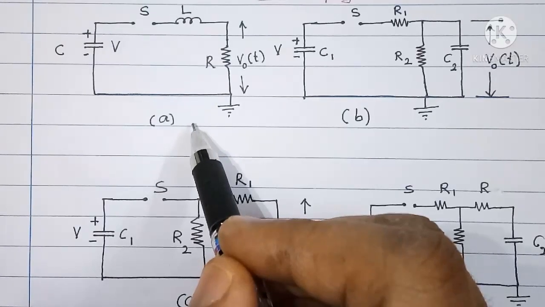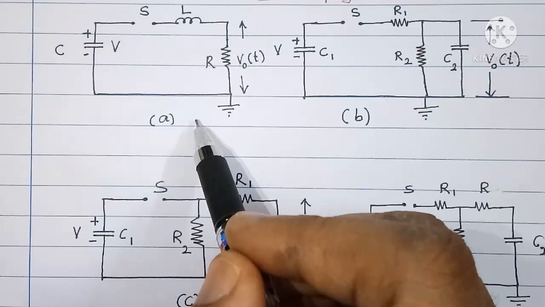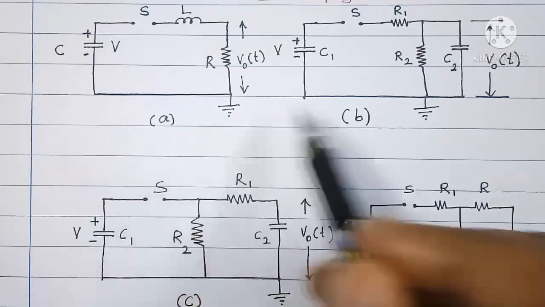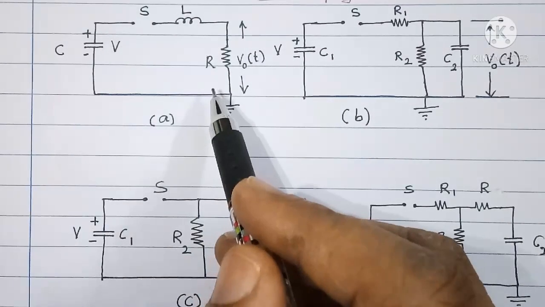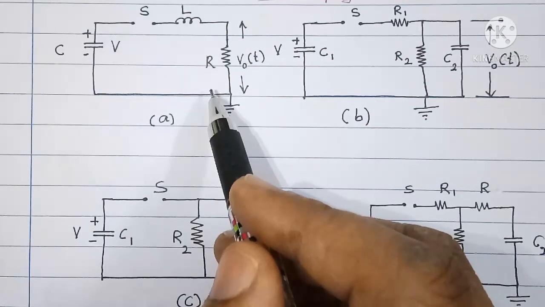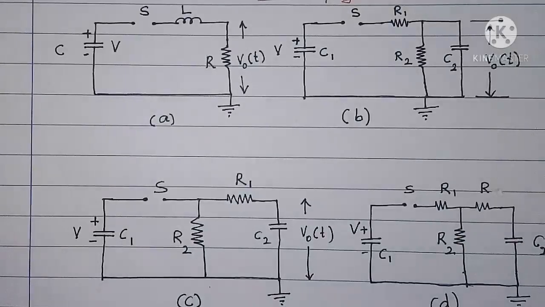Out of these 4 circuits, circuit A is used as model only. It is not used practically for generation of impulse waves, whereas circuit B, C and D are used commonly for generation of impulse waves in the laboratories. Reason for not using the first circuit for generation of impulse wave is it is having certain disadvantages. Those disadvantages are: